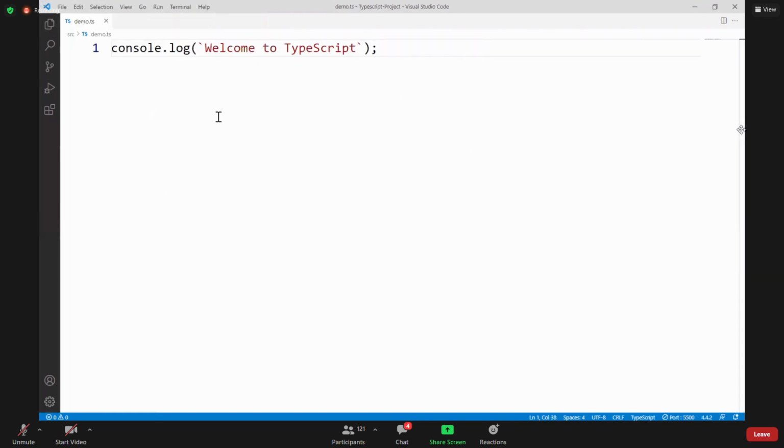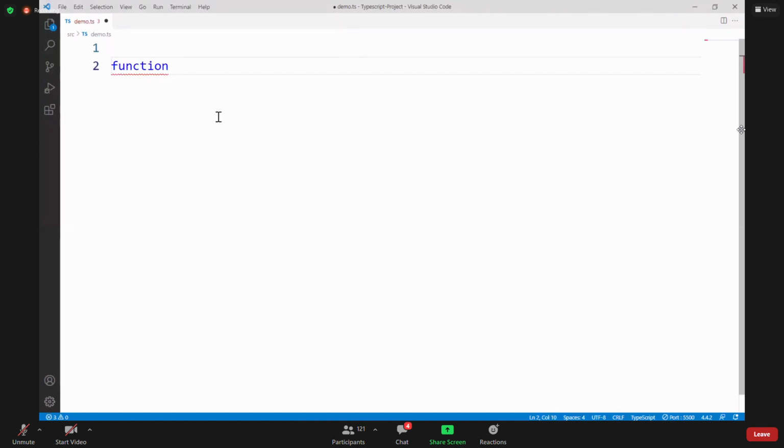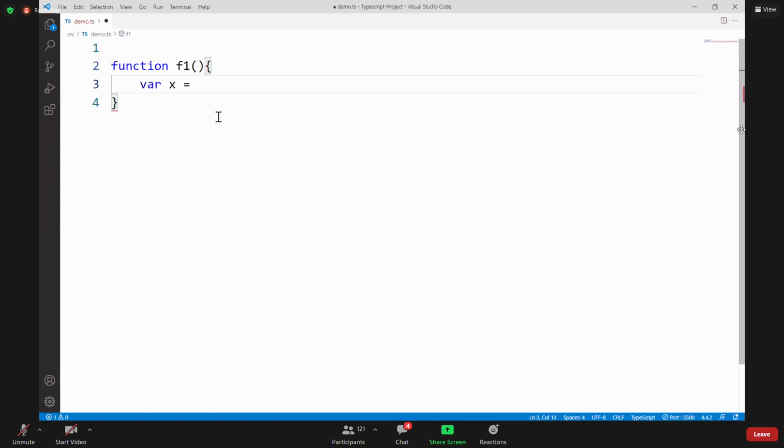Now I am writing a function F1. In this function, we define var x equal to 10.